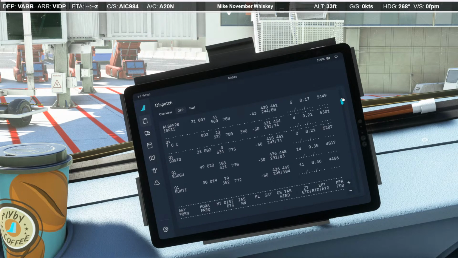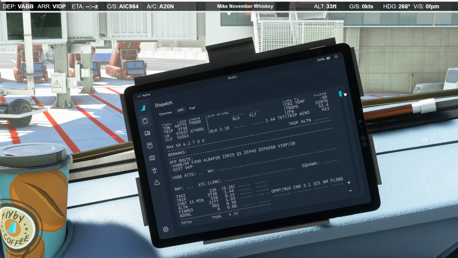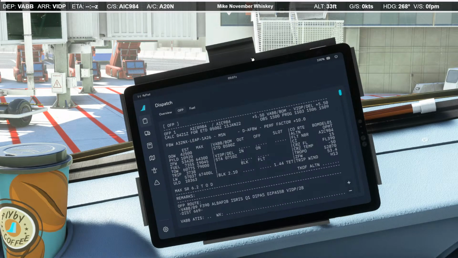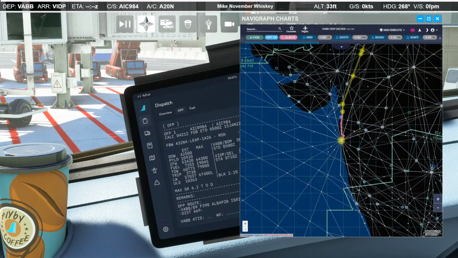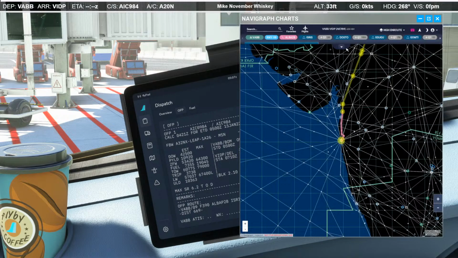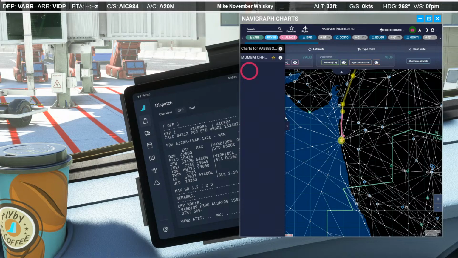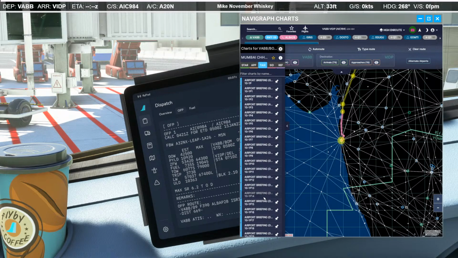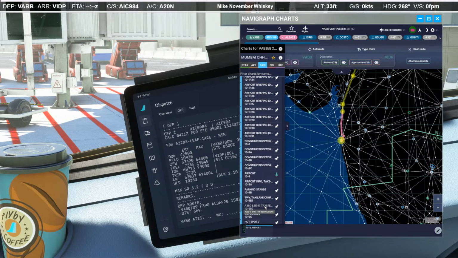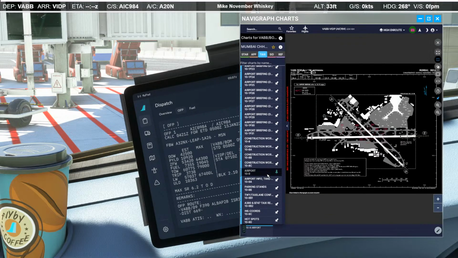Let's get our charts organized. So, pulling up Mumbai. Let's get our airport information. Let's see if it has detailed taxiway information. Kind of, not really. Let's look at the detail, 10-9B.